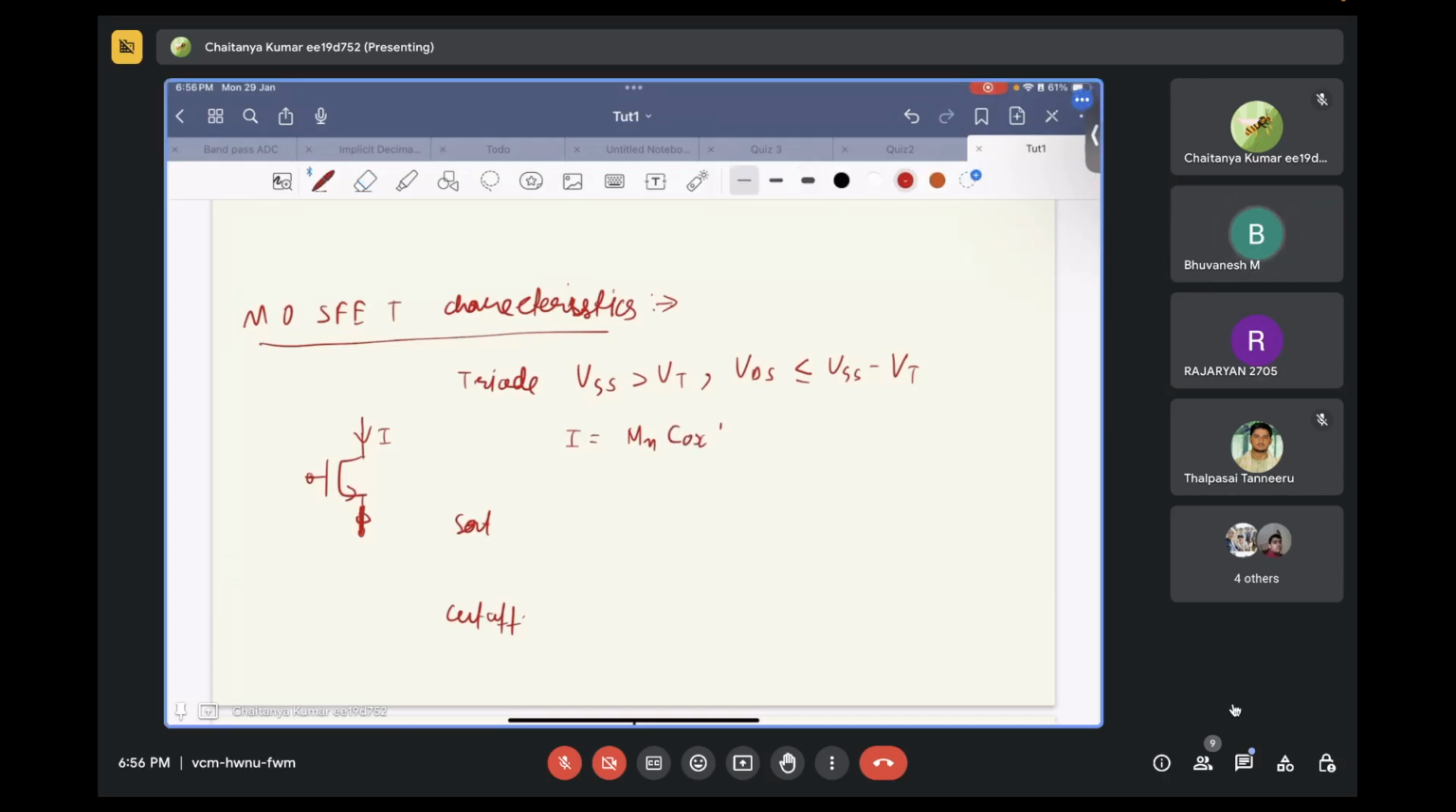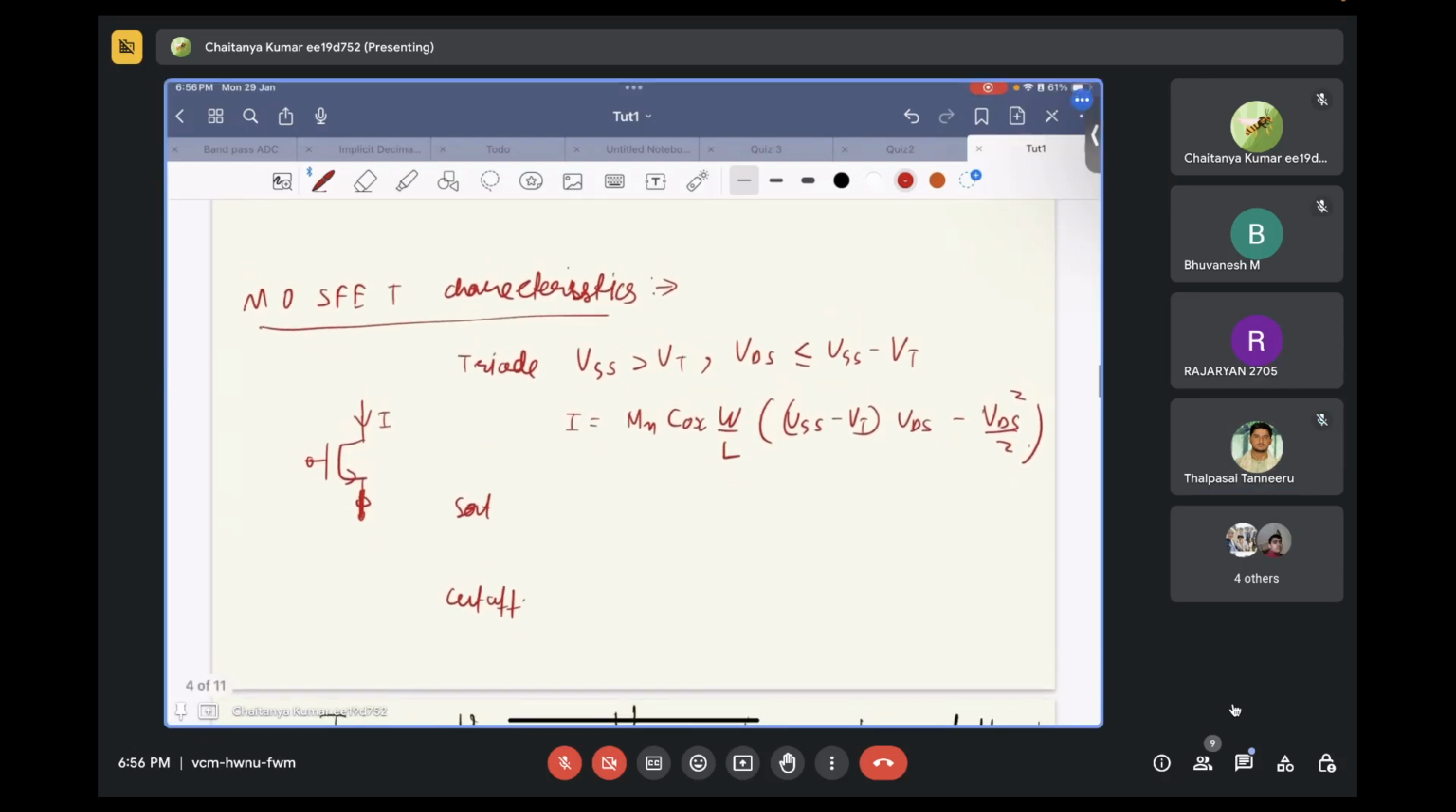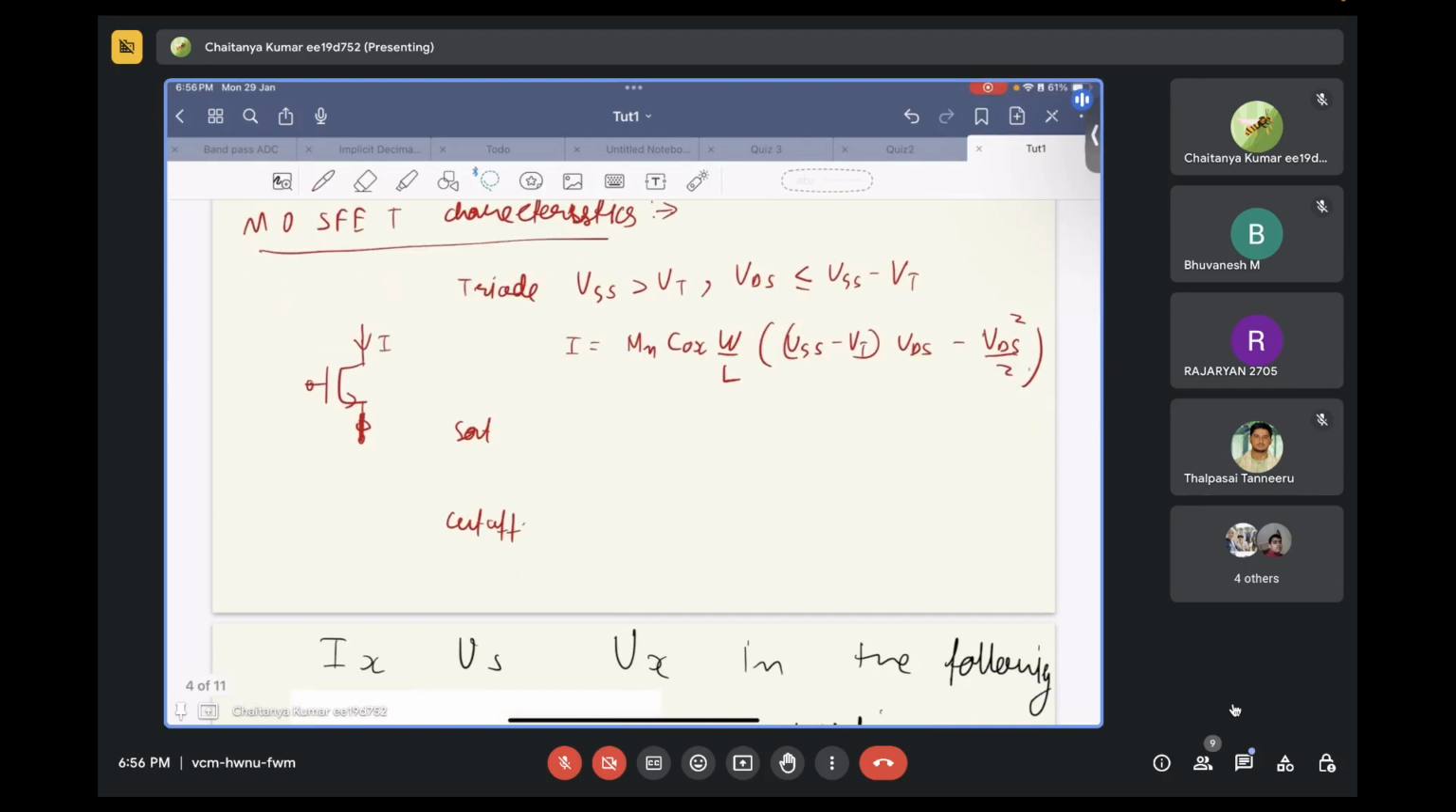Mu n Cox W by L times (VGS minus VT) VDS minus half VDS square. Yeah, correct. So this is the equation for triode, and what is the condition for